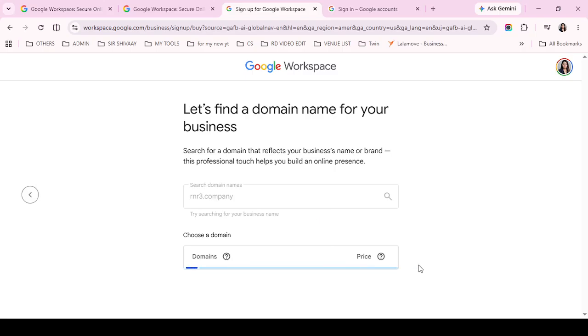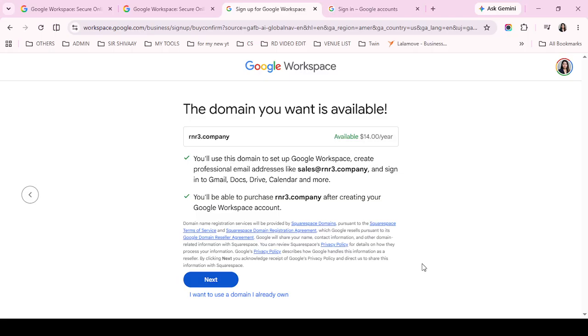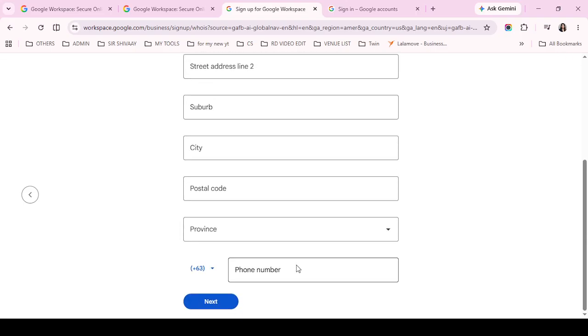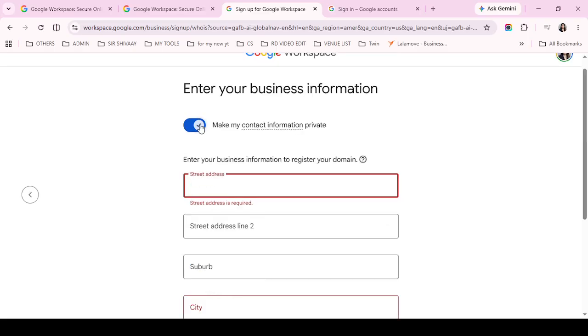This is especially helpful if you keep multiple versions of your company logo on your computer, such as light and dark variations or different dimensions. Once everything looks right, click Save. After saving, your custom corporate branding logo will be applied and displayed in the Google Admin Console. If you don't see the update